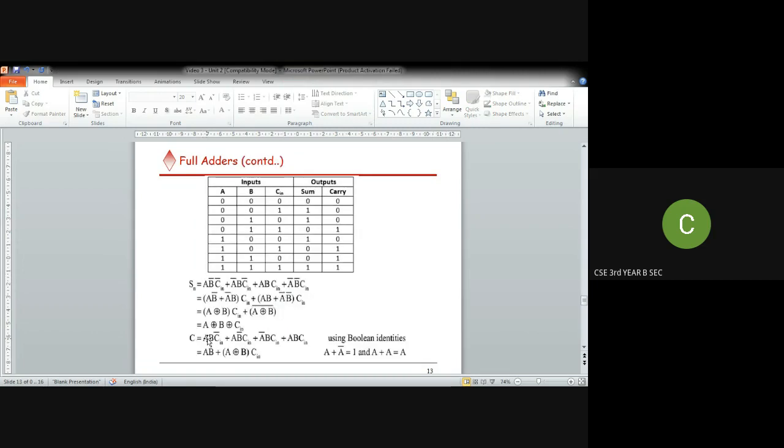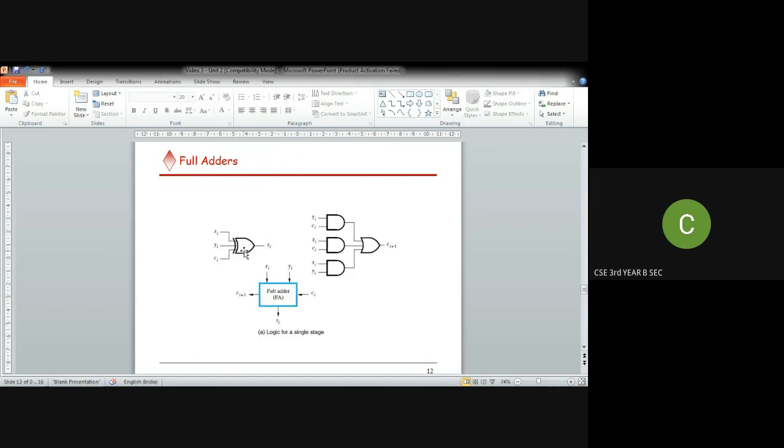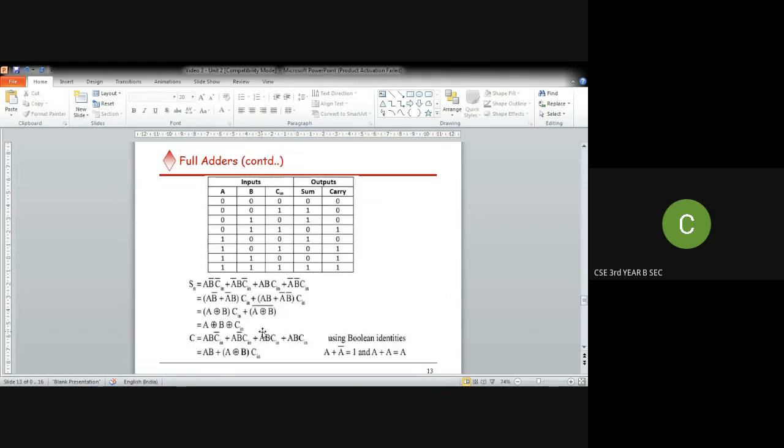And this is the logical expression for sum: A XOR B XOR Ci minus 1. So this is what we have done in the logical diagram. So this is Si equal to Xi XOR Yi XOR Ci, and in order to get the value of Ci plus 1, we have to do Ci into Yi plus Xi into Ci plus Xi into Yi. So this is what we represent here.